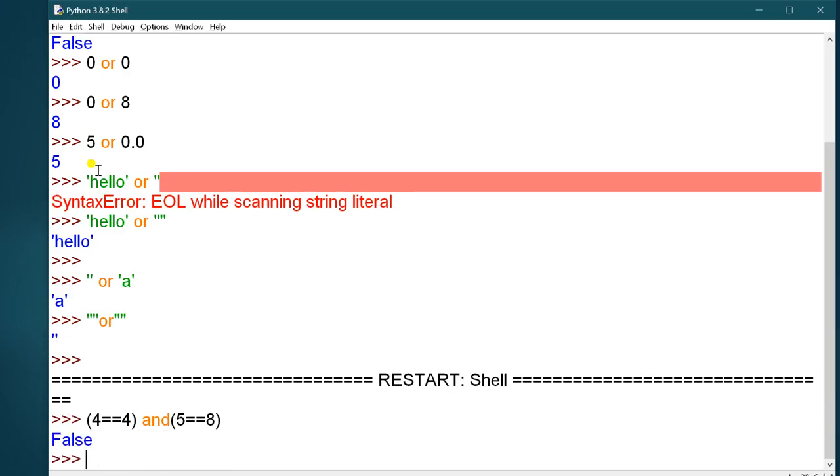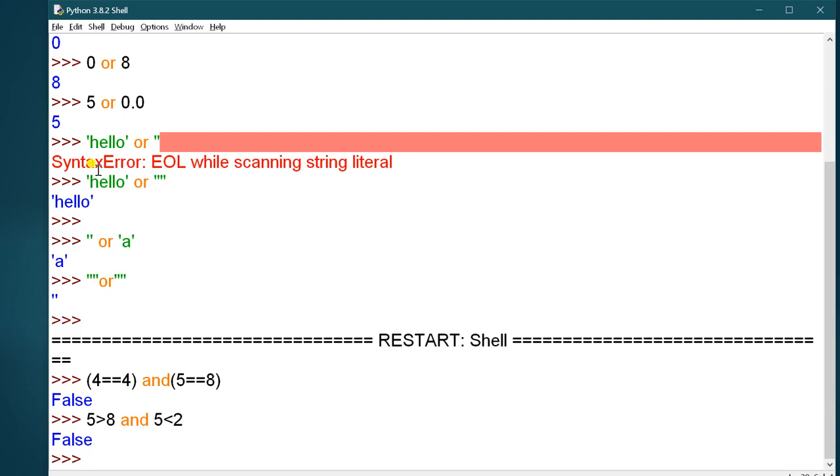So it will give you the result false because the first one is a true and the second one is false. That's why it will give you the answer false. Next example is 5 is greater than 8 and 5 is less than 2. Again it will give you the result false.